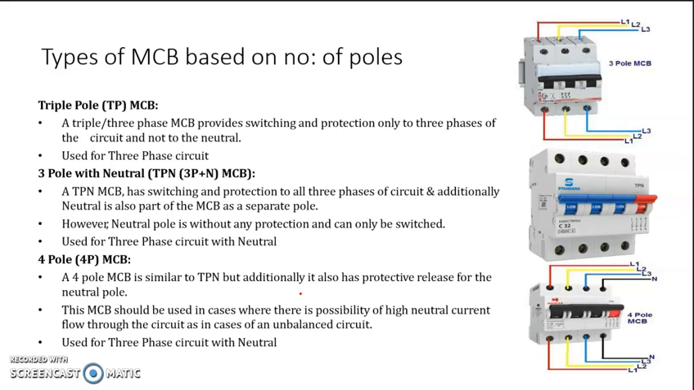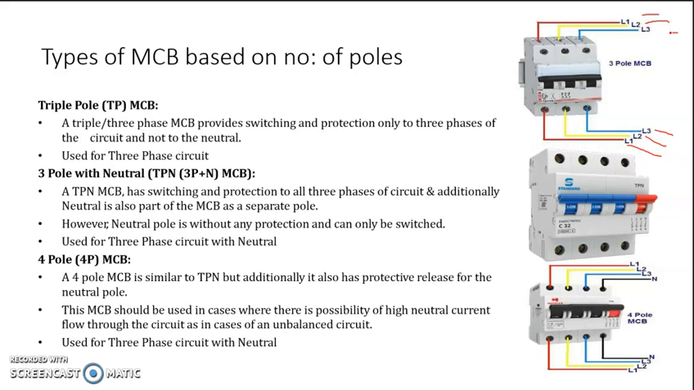Now we have a triple pole MCB, which is used in the case of a three-phase circuit. So you will have the phases R, Y, B connected to L1, L2, L3, and then you take the output from the top side. So that is used in the case of a three-phase circuit, and there is no neutral passing